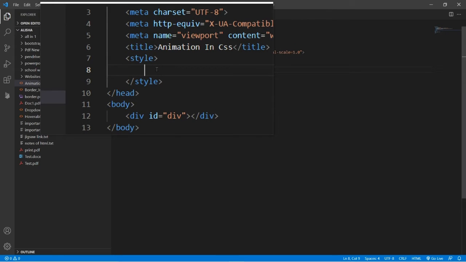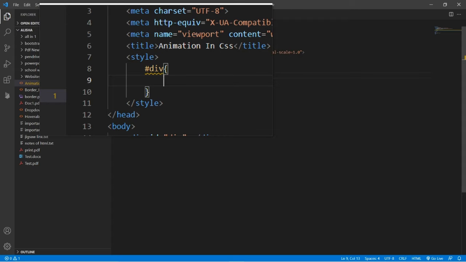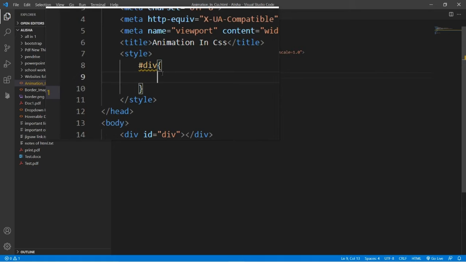And now inside the style tag we can type a hash div, and now let's give some styles to the div,